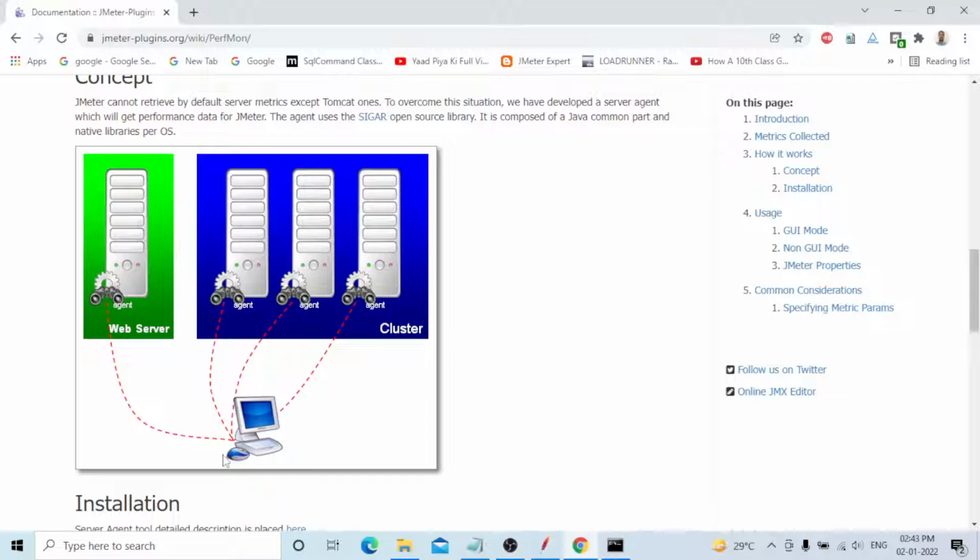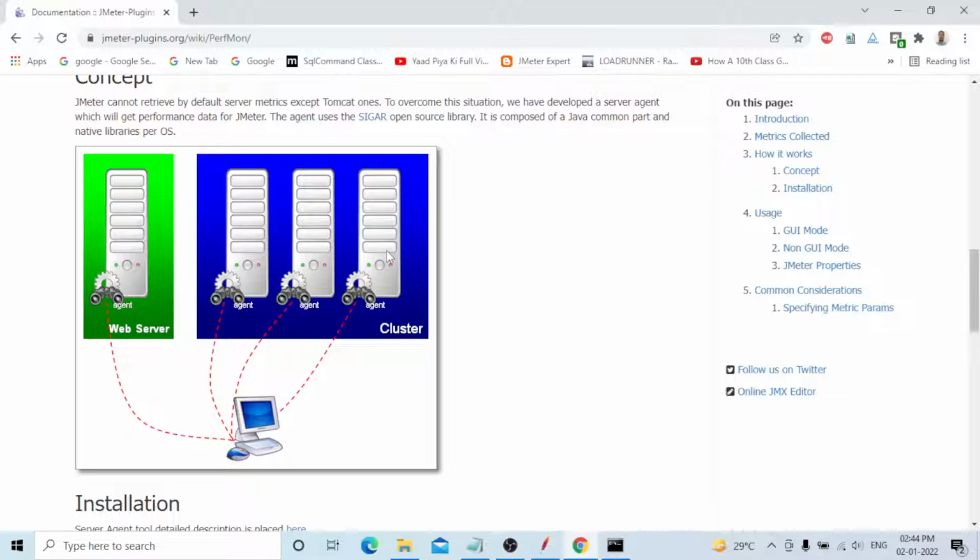This is your machine, where you need to run the test. You can use JMeter or any tool. Majorly in this video I will tell you about JMeter only. In JMeter, the application is deployed in servers, and this agent also you need to place on all the servers. Before starting your test, you need to log in to all the servers and run the agent. It's very important, that agent you need to run.